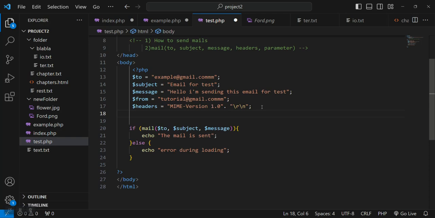Then $headers. Here I want to append, and we append the Content-Type: text/HTML, and the text/HTML; charset equal to,